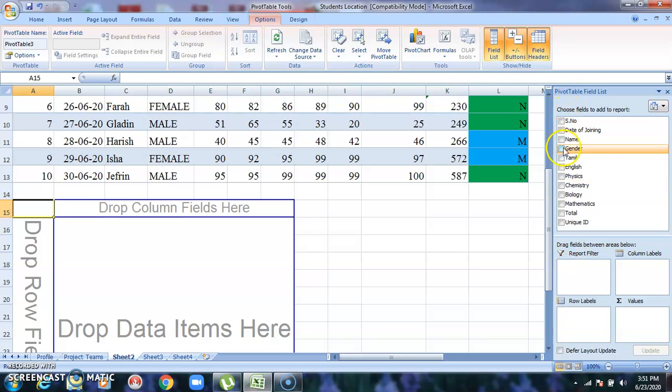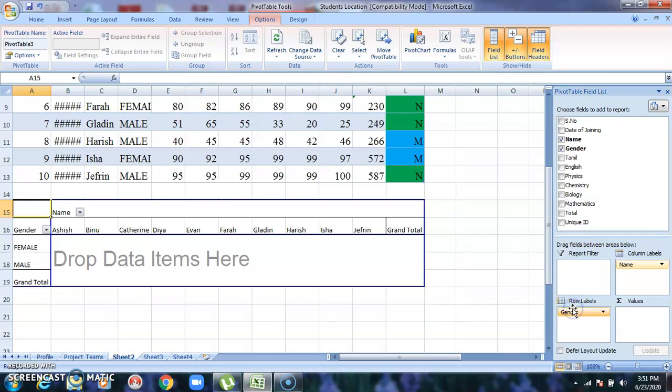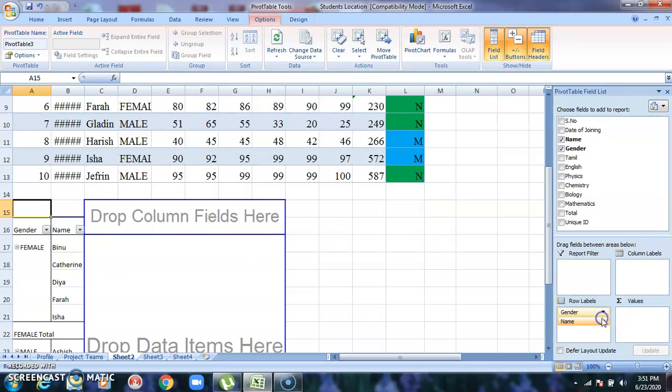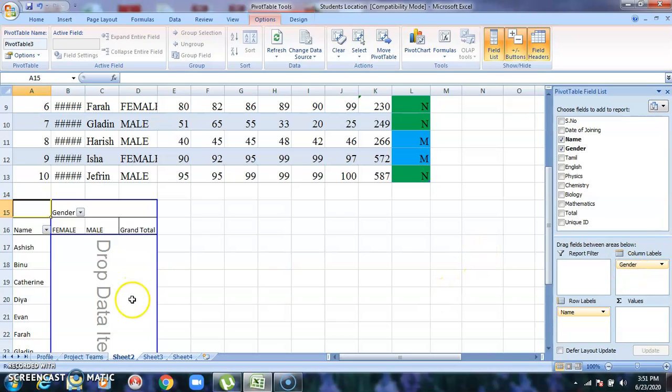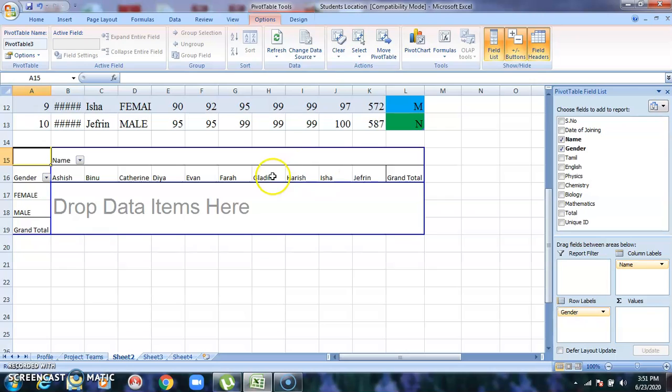Okay, right. What I am going to do is put name in the column labels and gender in the row label. Now you can even exchange. If you want name here, just pick and drop it here, and pick gender over there and paste it in the column label. So you can see when you make changes, there will be changes in the layout of the pivot table also. Okay, now I'm going back and putting gender in the row label. Hope you would have noticed that vertically and horizontally the table elongated when I made such changes.